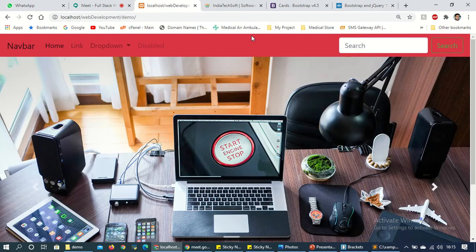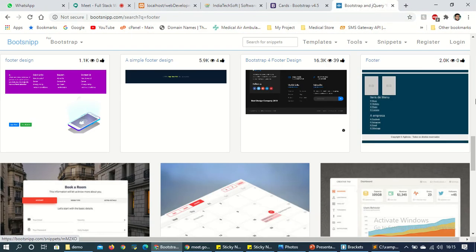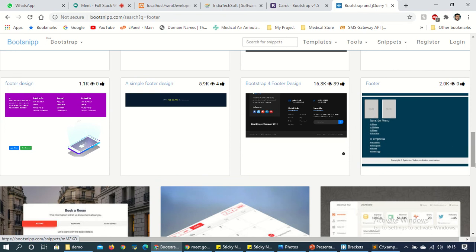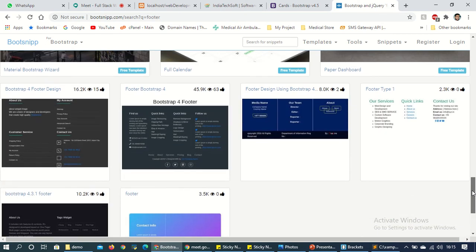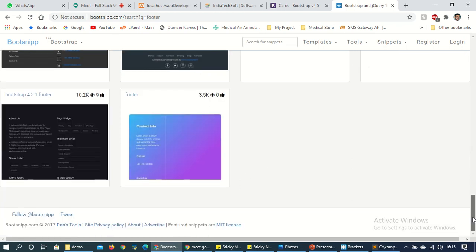This is the header, the head part, and the bottom of the site is known as the footer. We can create a footer like this card design. See, one, two, three, four parts divided into four columns. This is divided into three columns.